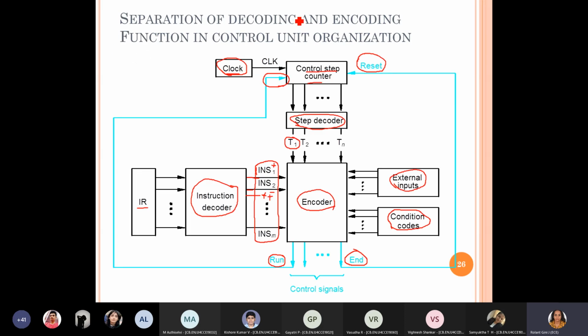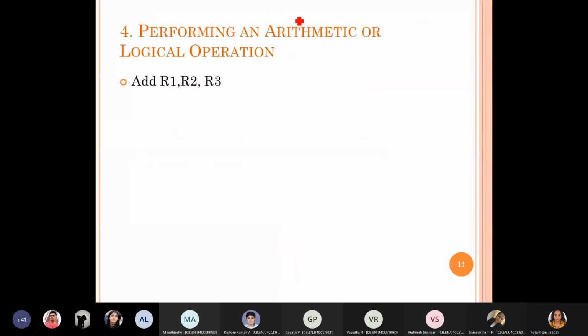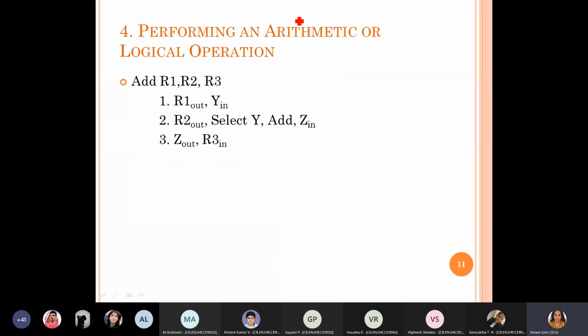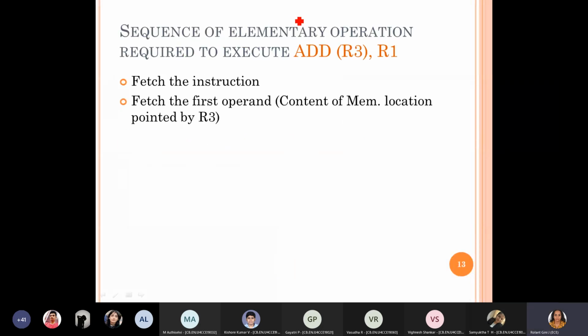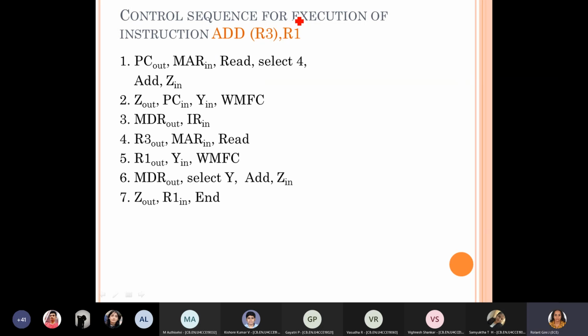Okay. Maybe I go to the control sequence so that you can understand. Yeah. So this is for one instruction where you can see ZN has to be enabled at the T1 clock pulse, as rightly pointed out by Kishore Kumar.